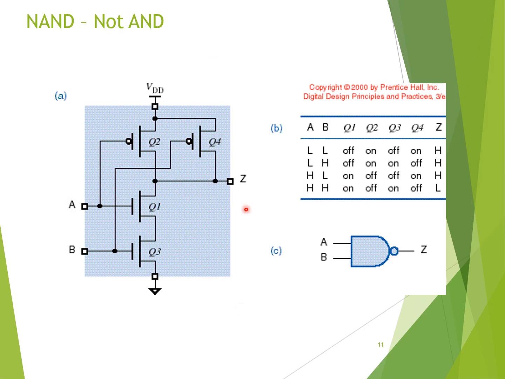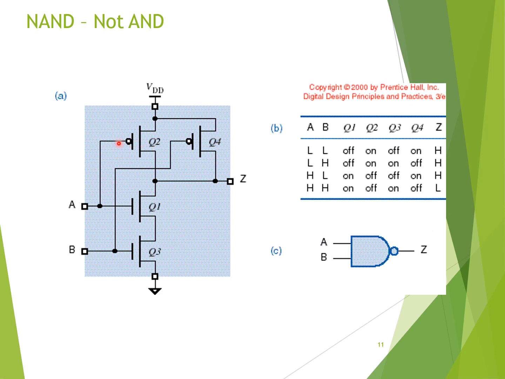Coming to the most interesting part of CMOS, how do we design a NAND gate, NOR gate, AND gate, OR gate using CMOS? This is quite interesting. We have already seen CMOS is an inverter. So how can we design a NAND gate? What is a NAND gate? If I'm having two inputs A and B, the output is going to be A dot B bar, isn't it? So we need two inverters.